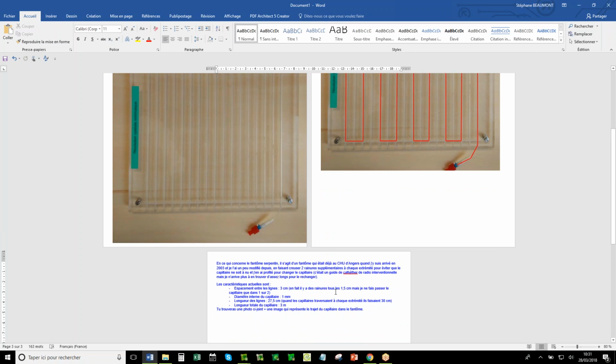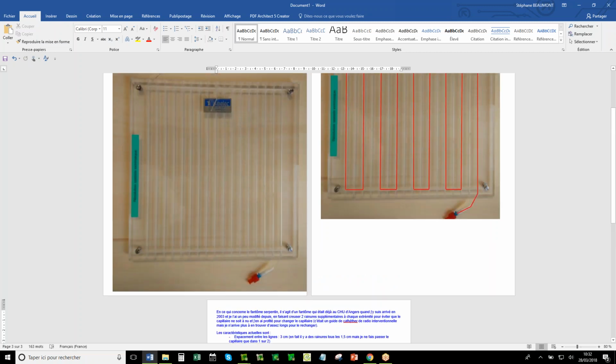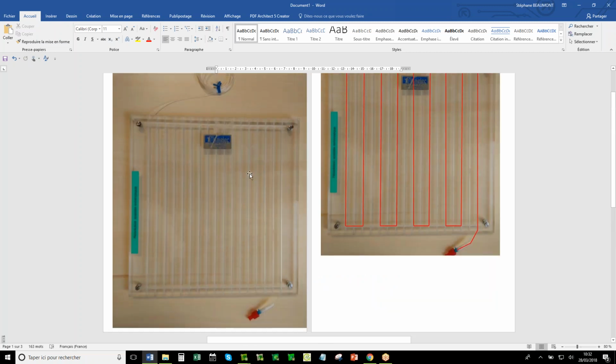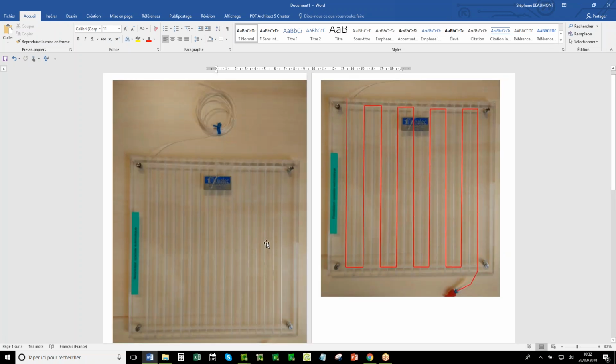Every 1.5 centimeters in the picture, they have a line. And after they close the 2 plates with 4 screws, and it's working. So they do that by themselves.